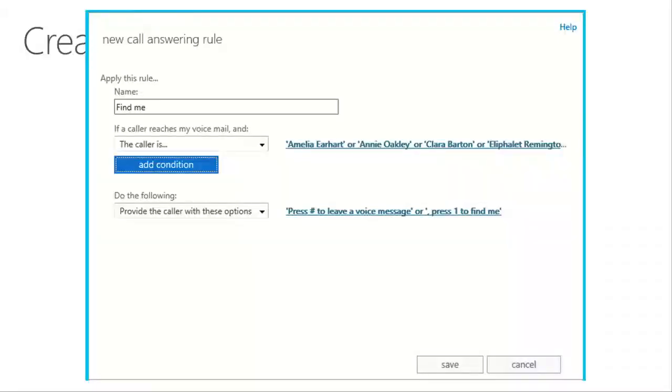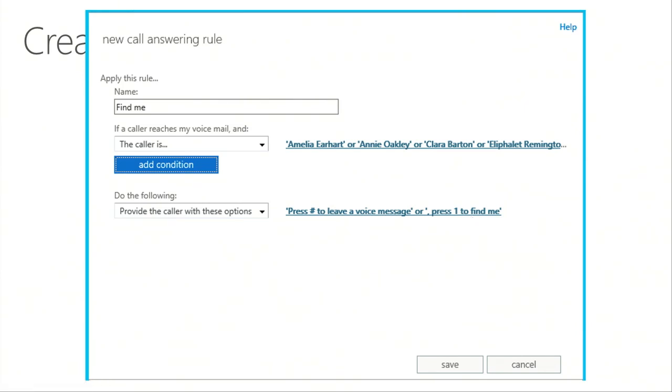So to show you a very simple screenshot of what this looks like, I can create a rule called Find Me. And it says if the caller is Amelia Earhart or Annie Oakley or Clara Barton or Eli Remington, then let them either press pound to leave a voice message or press 1 to find me. So when they call in,